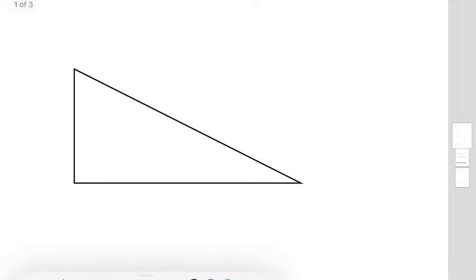Alright guys, so today we're going to talk about special right triangles. And the first special right triangle that we're going to talk about is just your regular old right triangle. What makes it a right triangle is that it has one right angle, or a 90-degree angle. And the first one we're going to talk about is just regular old Pythagorean theorem, where you have